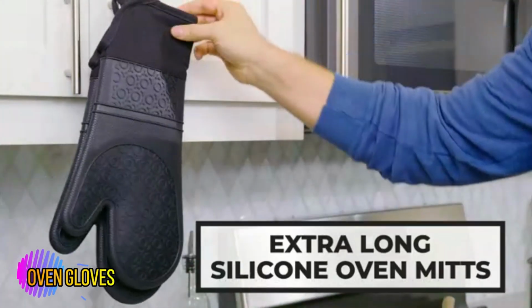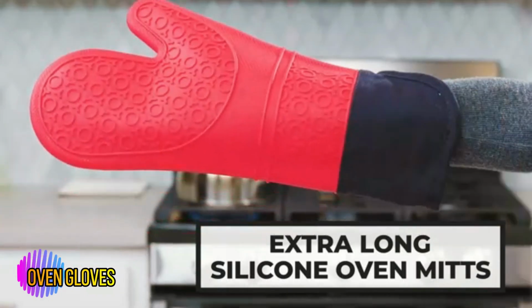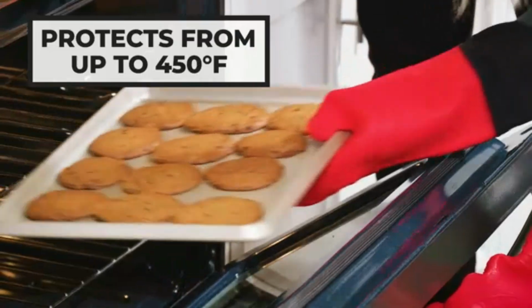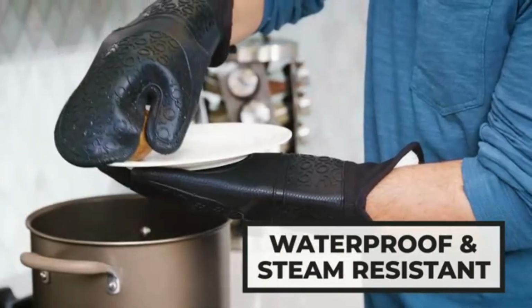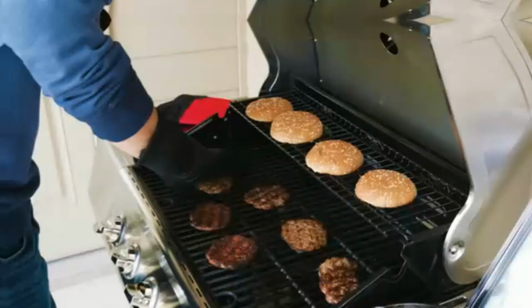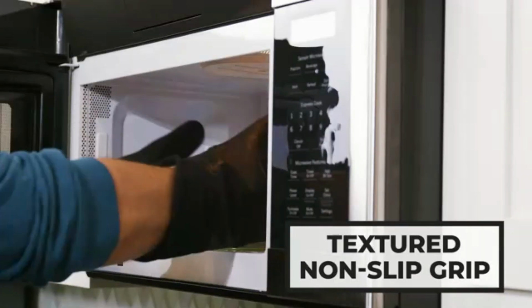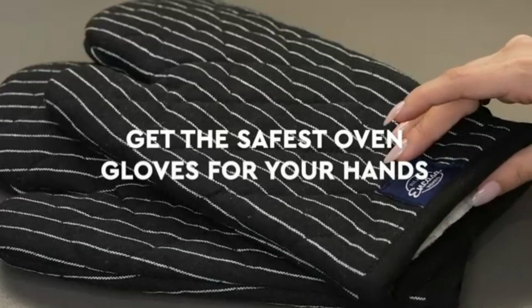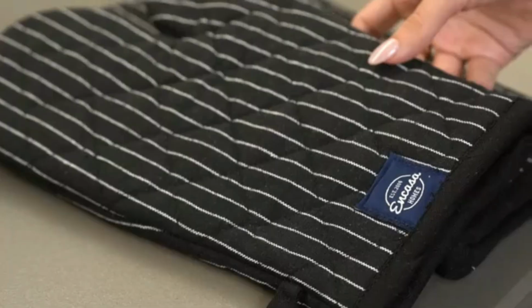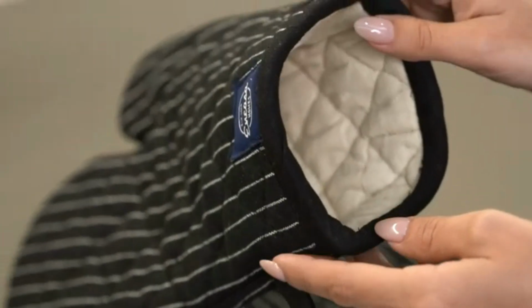Oven gloves. Silicone. Sturdy, flexible, high-grade oven mitts, trivets and mini pinch mitts with a honeycomb textured surface for a strong grip. Heat safe up to 500 degrees Fahrenheit. The 15-inch extra-long oven mitts safeguard hands and forearms from hot cookware and boiling water. Use the trivets to protect kitchen counters or as a pot holder, and use the mini pinch mitts for instant